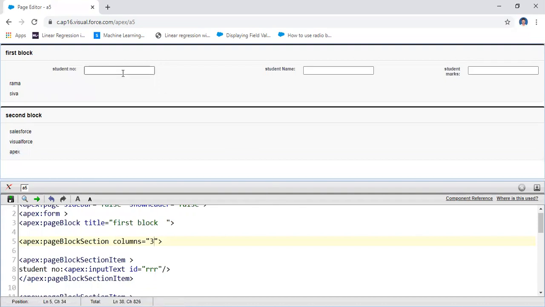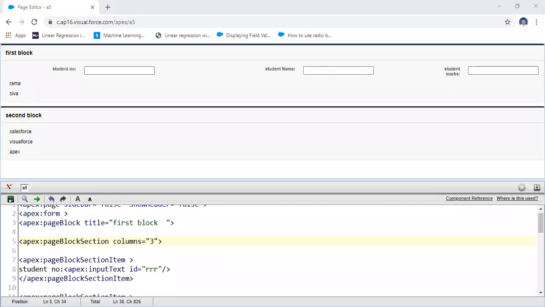Here student number 1, student number 2, student number 3. In this way you will create the different blocks and different items. Here you may write the output field also. Here the output fields and then different input tags, all input tags under the form tag. In this way you will write the different types of input.